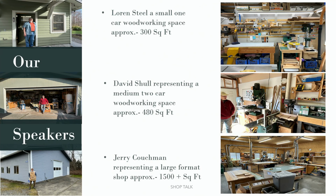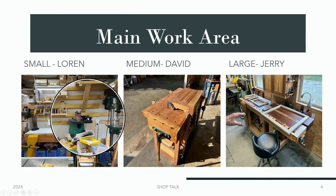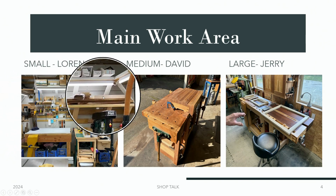Yeah. That's true. All right. Excellent. All right, so let's get on to the first category. Our first category is going to be main work area. Now, up on the slides, we have obviously different style formats for different people doing different things. So we've got a large shop,